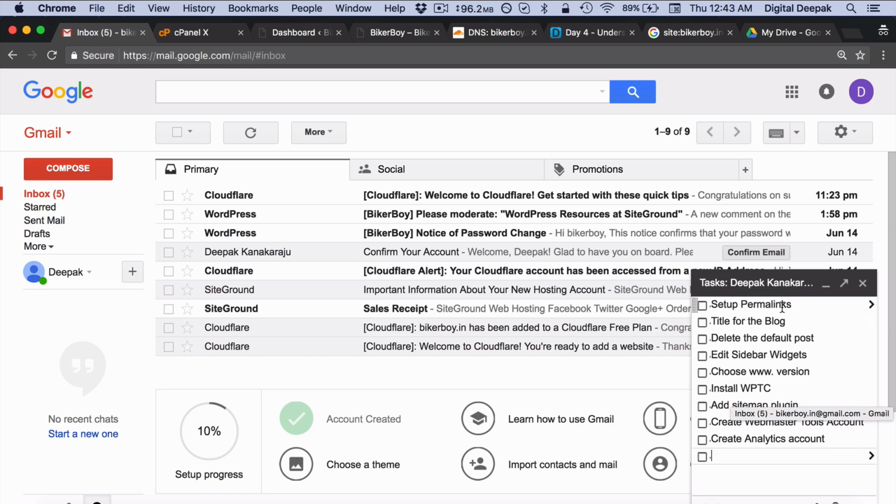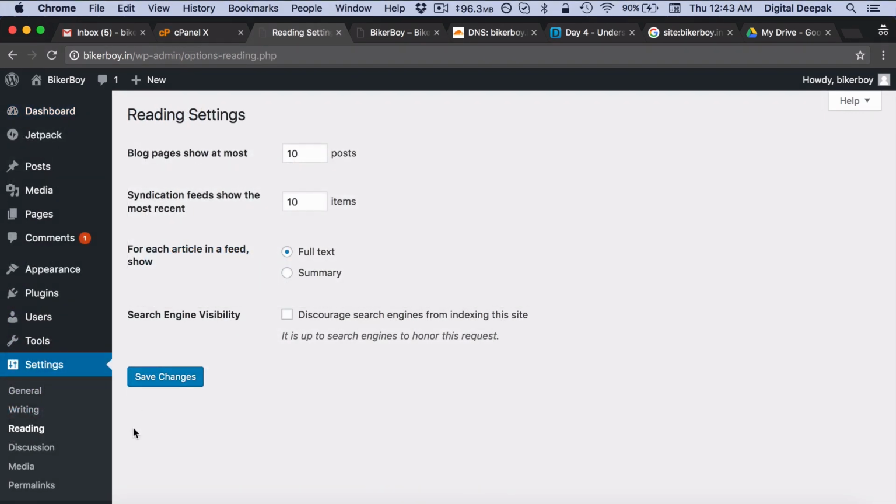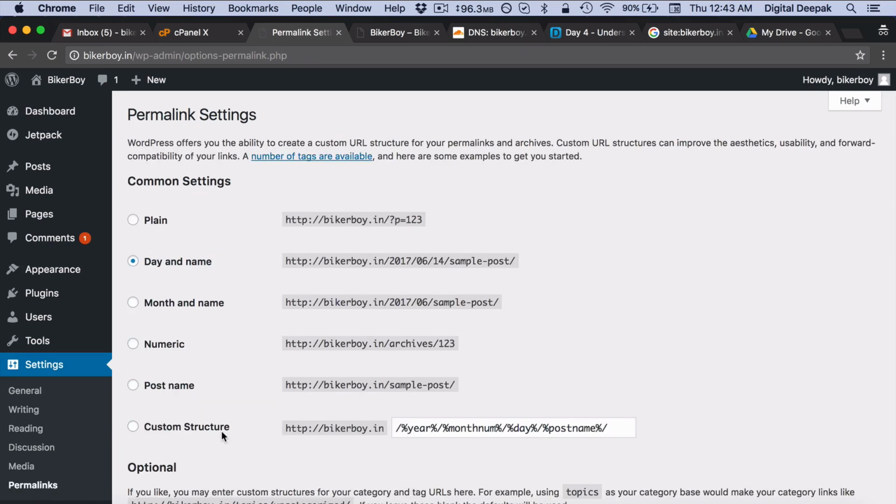So first thing that we will do is set up permalinks. So I will go into the dashboard. I will go into settings. So inside settings, there is a section called permalinks. I would go ahead and click on permalinks. So by default, WordPress has this permalink structure where it has the year, the month and the date, and then the post slug. So sample post is called the post slug. Basically, this is something that you can edit for each and every post that you make. By default, the title is taken and hyphenated and created as a post slug.